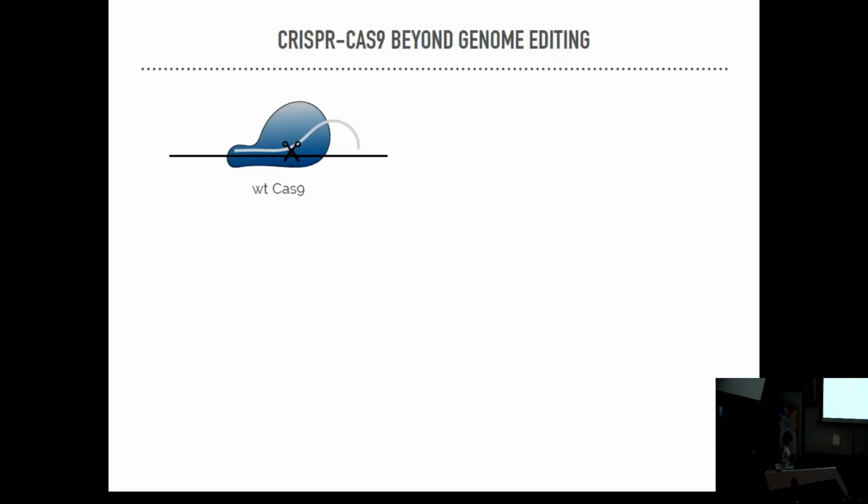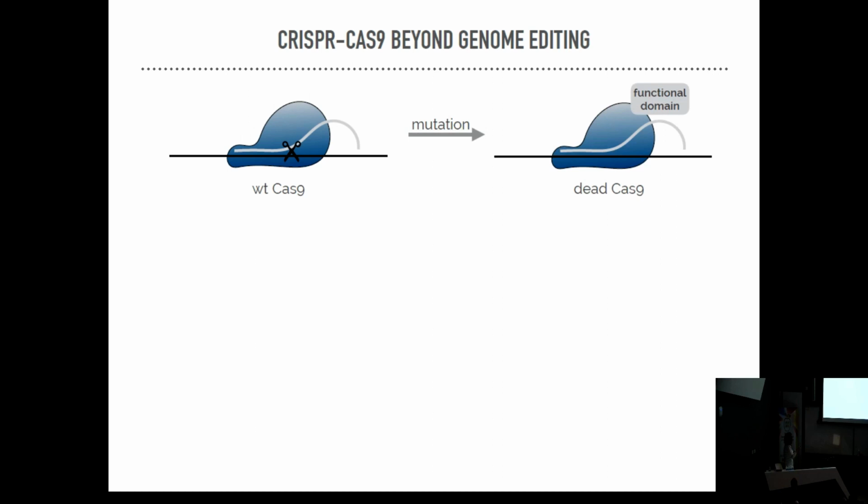That's where the Cas9 really made the difference. These are the wild type Cas9, but if you take this Cas9 and you mutate the catalytic site of the protein, what you end up with is what is called a dead Cas9. It's a protein that is still able to localize into the nucleus, to the gene of interest, but it's not going to cut and it's not going to introduce any effect on the sequence of the gene. But if you fuse this protein with a functional domain, you can actually change the epigenetics at that locus.